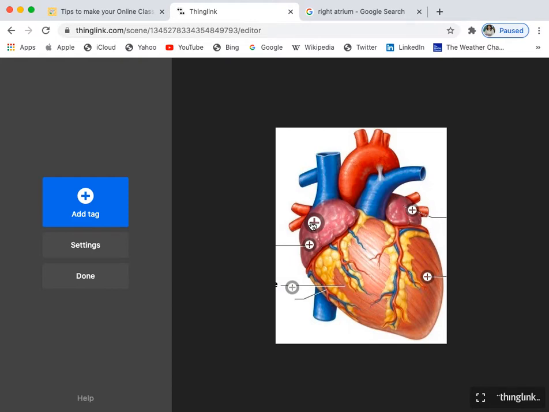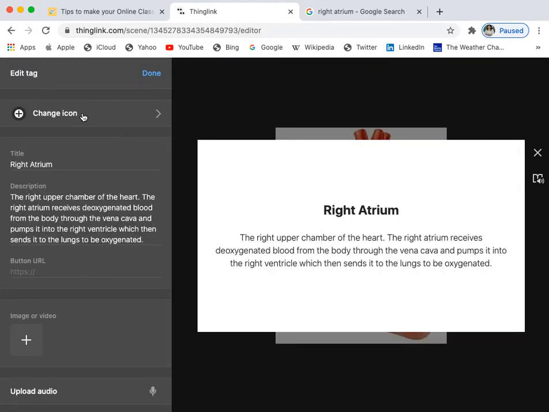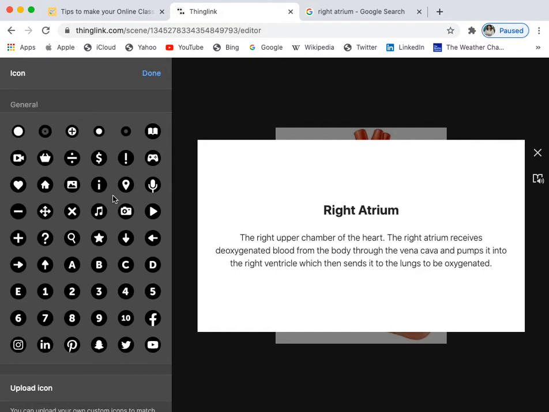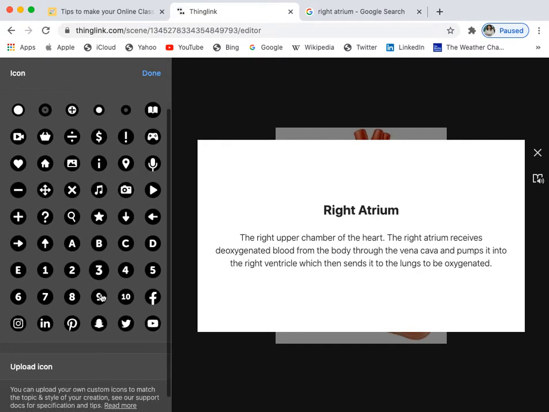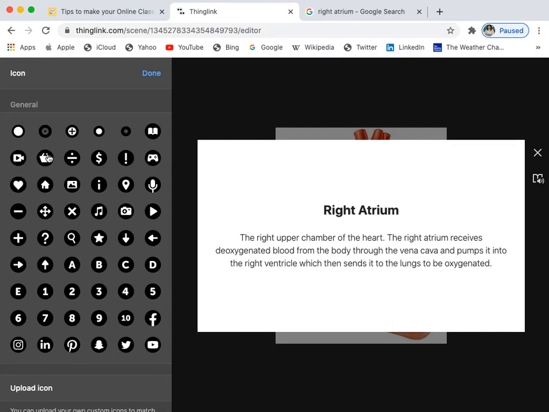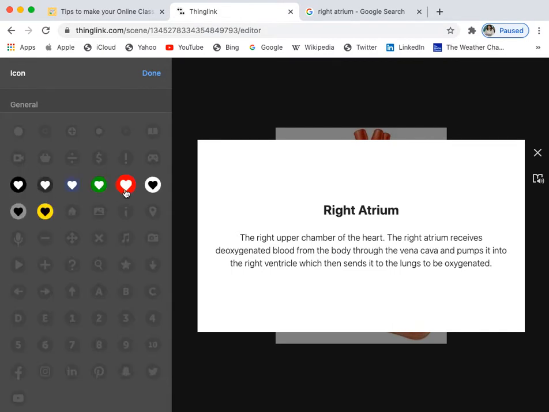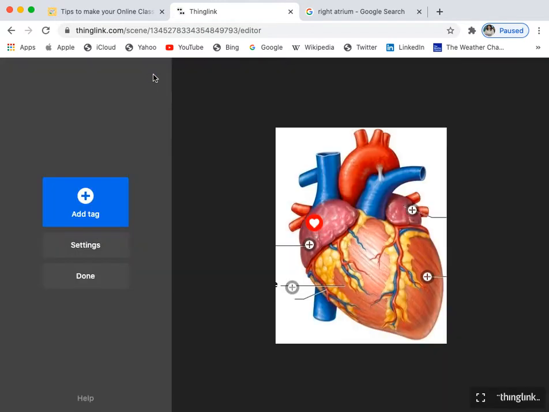Now this is looking similar to the other one. So I can click over there and change the icon so that it looks a little different from the others. I can go to this heart section and click on the other color, and now I'm able to relate it. See, now there are 2 different tags. One is with this one, and the other one has content which is related to this. I'll just show you that.